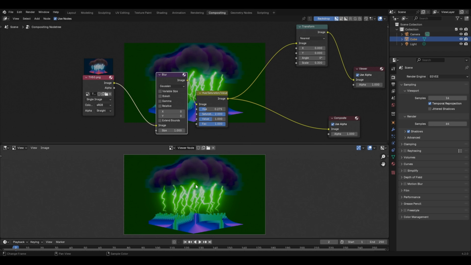And to do this, you simply have to change the values in the X and Y parameters over here. So if I try to increase the value in the X to something like 40 or 50, then you will notice that the image is getting blurred in the X axis, or basically the horizontal direction. Similarly, if I take this value back to 0 and change the value in the Y axis to something like 60, then in this case the blur effect is being applied in the Y axis or the vertical direction.